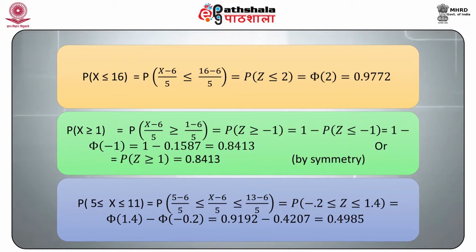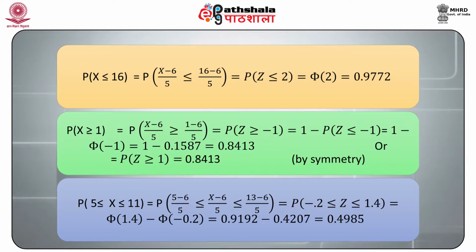The second, the probability of Z greater than or equal to 1 is equal to the probability of Z greater than or equal to (x minus 6) upon 5, which is equal to the probability of Z greater than or equal to minus 1, which is equal to 1 minus the probability of Z less than or equal to minus 1, which is equal to 1 minus 0.1587, which is equal to 0.8413, or this is equal to the probability of Z less than or equal to 1, which is again equal to